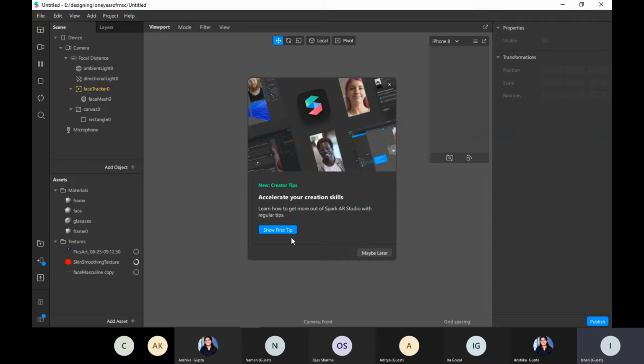This is the filter we'll be making right now. You can make a photo booth type of filter using Spark AR.